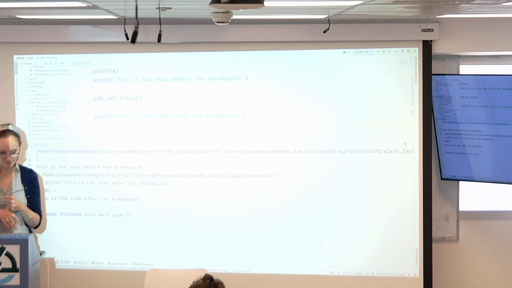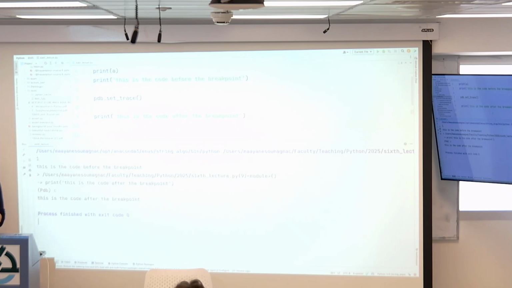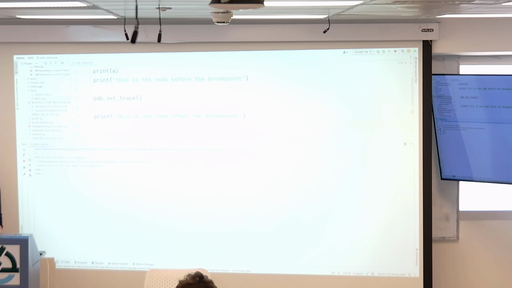What is quitting? Q. Okay. And the cool thing is that, I don't know if you saw what I did, as long as you don't press C, you can basically write some code here. I asked it to print A and it's printing